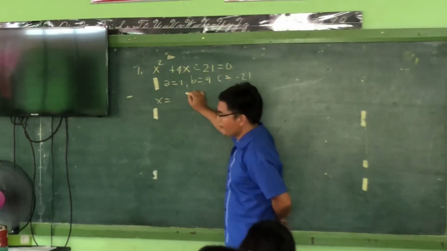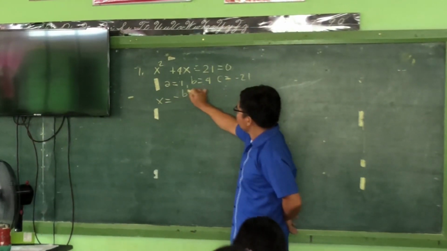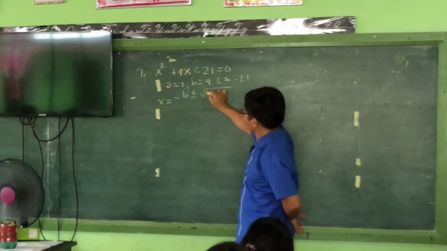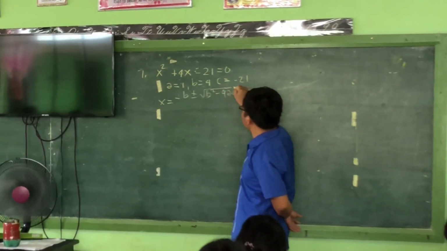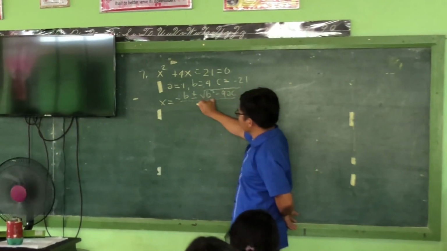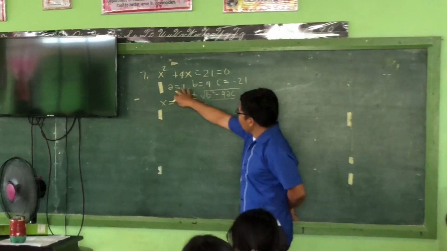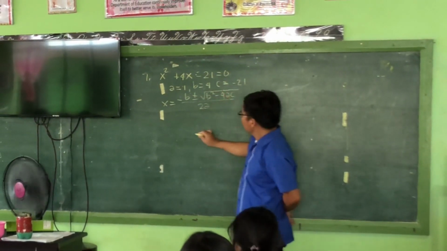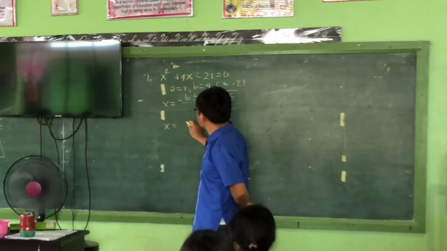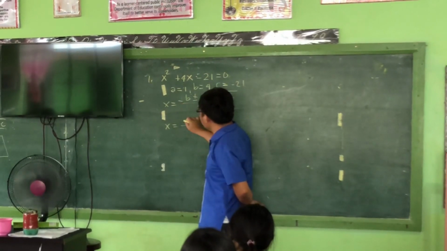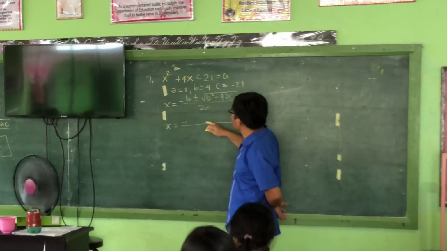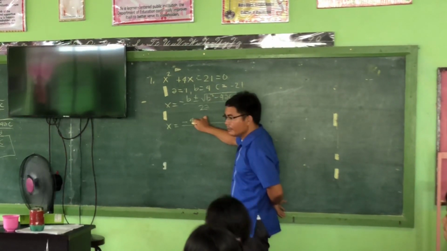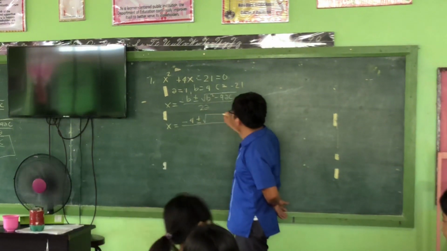x equals negative B plus or minus the square root of B squared minus 4AC, over 2A. So what are the values that we will substitute in the formula? Remember, x equals negative, what is the value of B? 4. So, negative 4, plus or minus the square root of